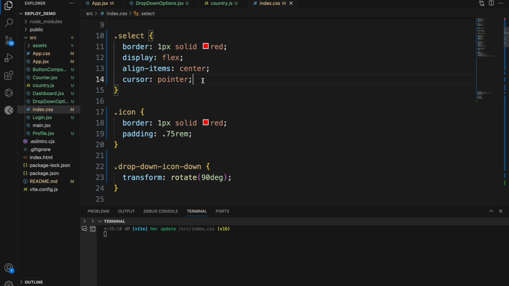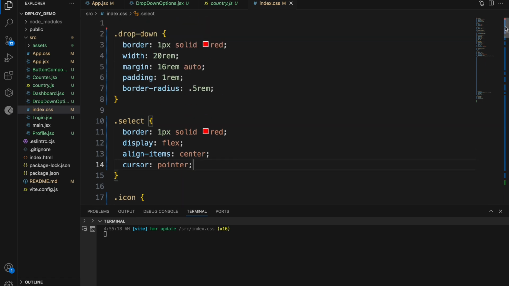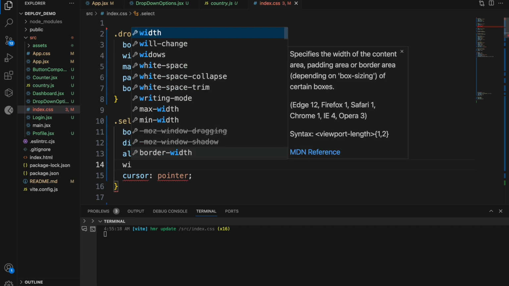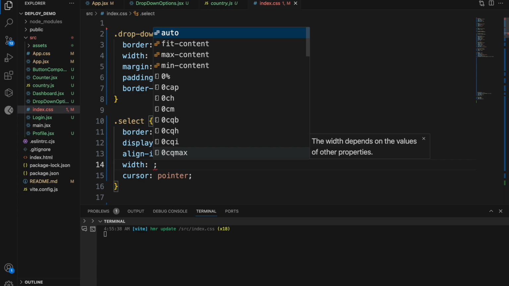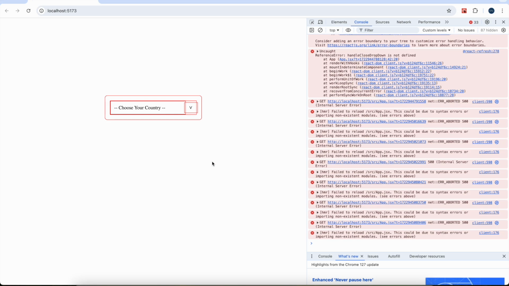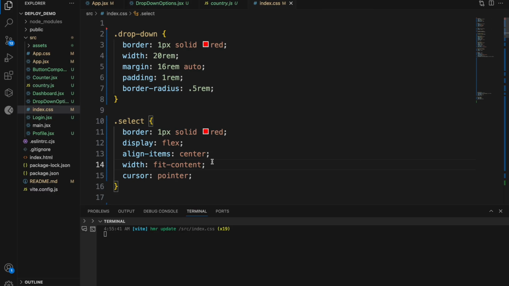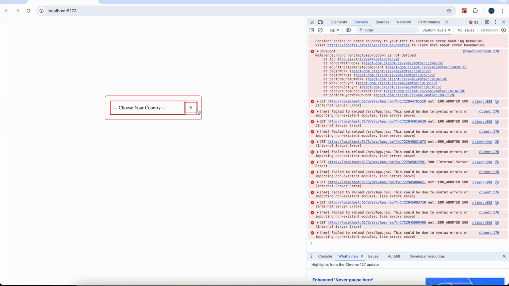Good. And the dropdown is this red padding. Then let's say the width of this should be fit content. Let me see. All right, now let's see this. Why is this